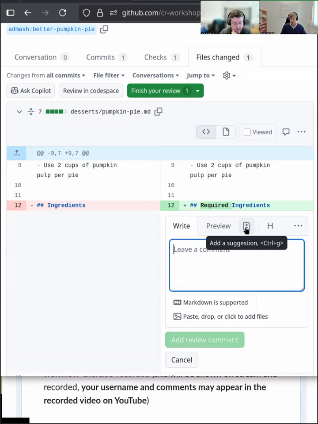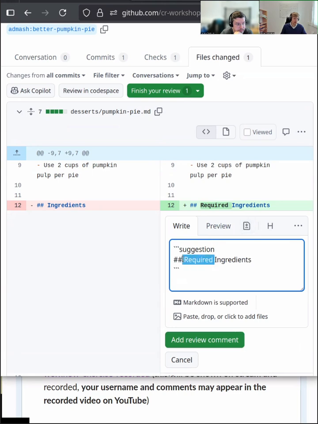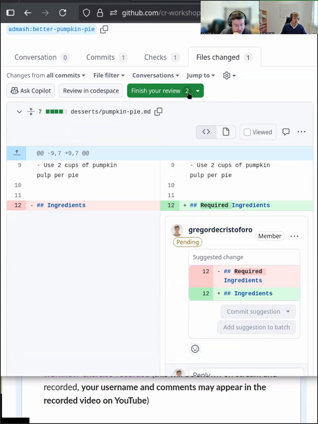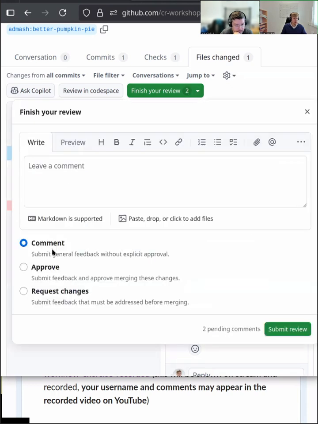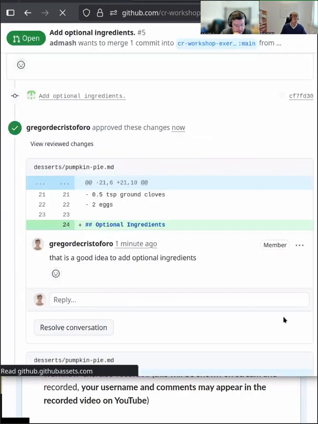And this time I will use this plus and minus sign again. So I'll now make some suggestions. So I'll suggest to remove this required and add that as a review comment. Okay. So now I can finish up the review. So I can choose between just commenting, I can approve it, or I can request changes. And since there is this one change that I suggested, I could use that. But I mean, in this case, it's such a small one that I might just do it myself. Right, so I will approve this pull request. Let's click on Submit Review.